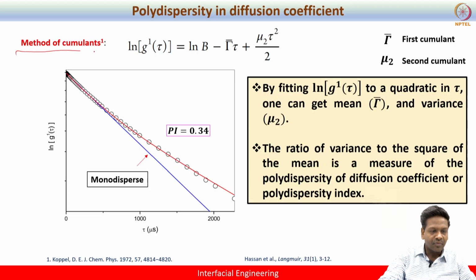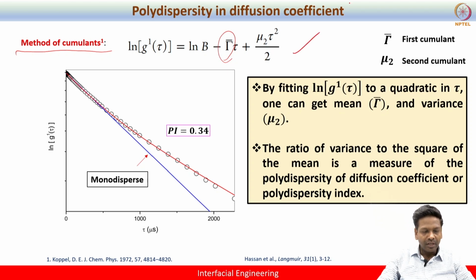So this is nothing but the method of cumulants. This is the mathematical framework that I was talking about. What DLS gives you is the raw data of G1 of tau versus tau. By plotting the logarithm of G1 of tau versus tau, you will get the mean of the decay constant. If it is a monodispersed particle, you will only have this one term, but for a polydispersed sample, you will have higher order terms as well in this equation. By knowing the mean value, that is the mean of the decay constant, and the variance, that is mu 2, for a polydispersed sample you can also calculate what is known as the polydispersity index.